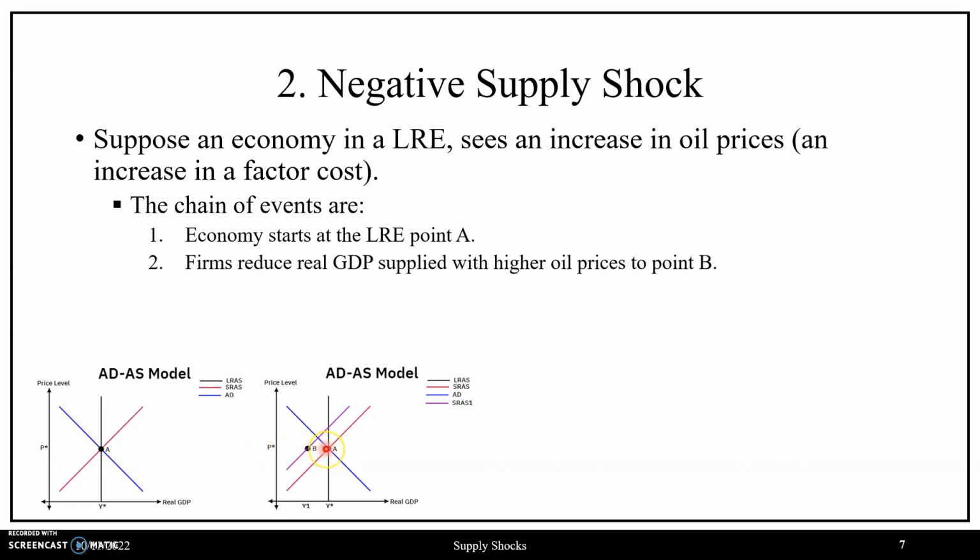This corresponds to leftward movement from point A to point B, where firms are now supplying a Y1 amount of real GDP, while agents are demanding a Y star amount of real GDP. With supply being less than demand, the economy is now in a shortage state, such that it incentivizes firms to raise the prices on their goods and services, which will correspond to an increase in the price level, generating upward movement along the short-run aggregate supply